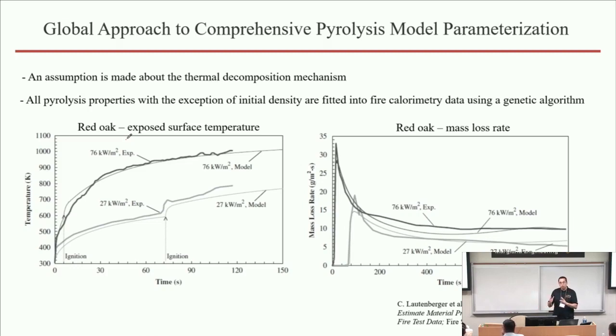You can assume various levels of complexity with which you start, but even if you assume a single thermal decomposition reaction here, you have something on order of 10 parameters that you need to obtain in order for you to generate these predictions, right? So that means that you have to search 10-dimensional space for a possible combination of parameters that gives you acceptable result. Now, using simple optimization algorithms such as steepest descent do not really work in these highly multidimensional problems.